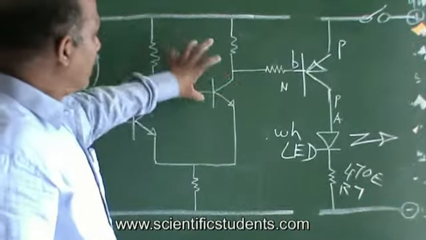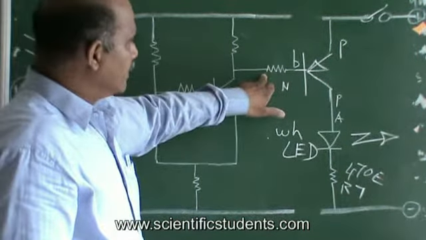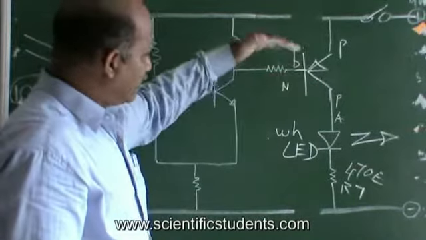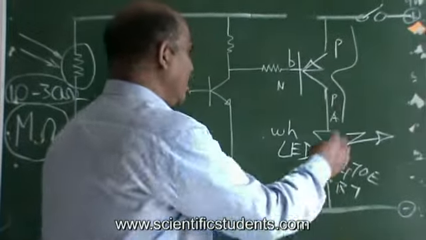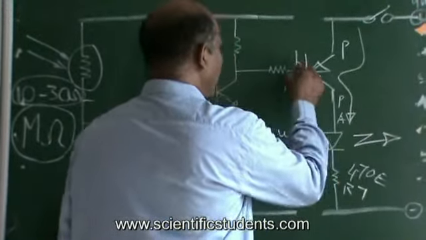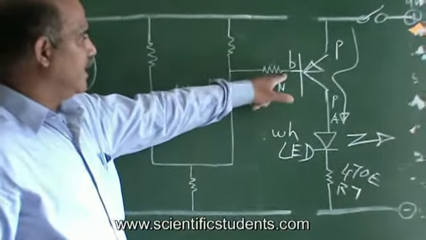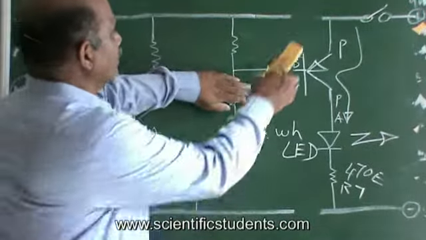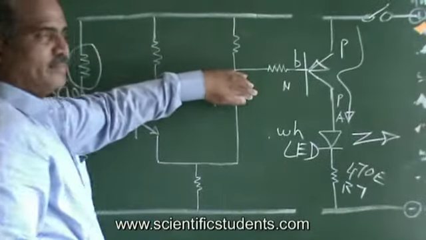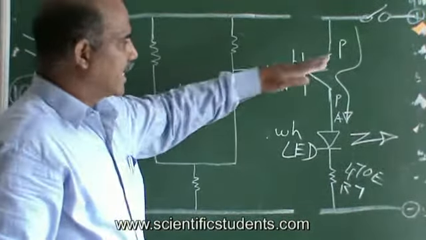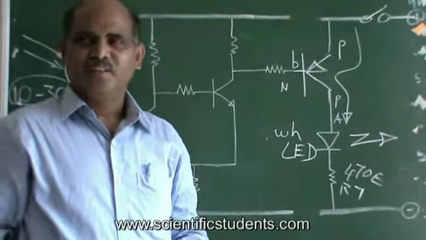Now listen. As long as this transistor is on, the base of this PNP transistor is kept low, and that's where it conducts. It will conduct only when the base is kept low, that means no base signal is given. So how do we kill the base signal here? Suppose the transistor is not there: from the same positive 9 volts it is getting a base signal, a positive drive. At that time this is not conducting, and if it is not conducting, our LED is not glowing. You understand, my dear friends?